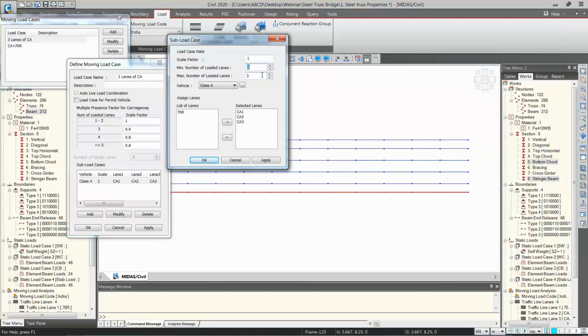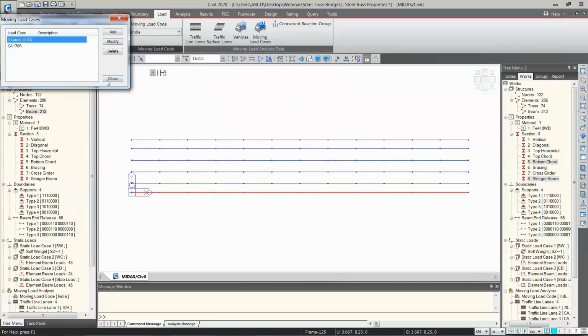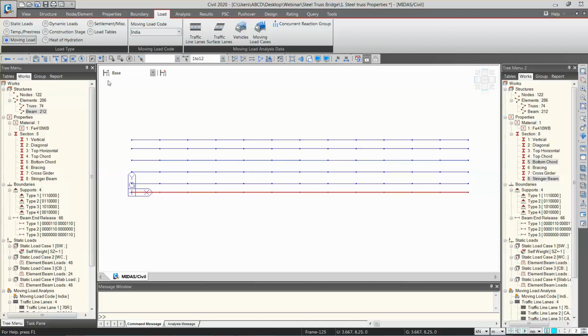From this data, the software will create an influence line diagram for every load combination or every moving load case that we are giving, depending on minimum and maximum lanes, and it will create the envelope of maximum results and minimum results. Okay, so make sure when you are comparing any of the software, the methodologies should be the same, right? Because here in MIDAS Civil, the influence line diagram is used to run the moving load.